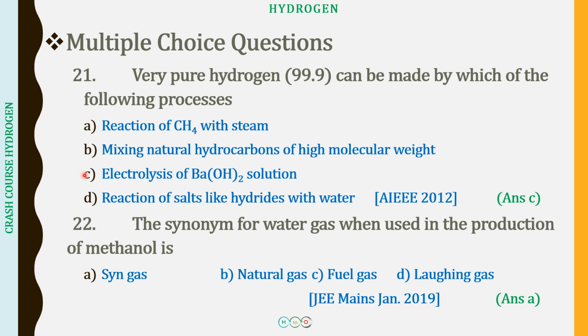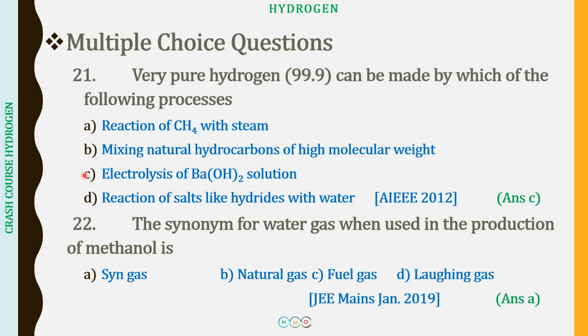Barium hydroxide reacts with carbon dioxide and produces barium carbonate. And when barium carbonate is produced, this is a white precipitate, so it is going to settle down, and hence carbon dioxide will not be interfering with the electrolysis. Okay, so that is how we make very pure hydrogen.